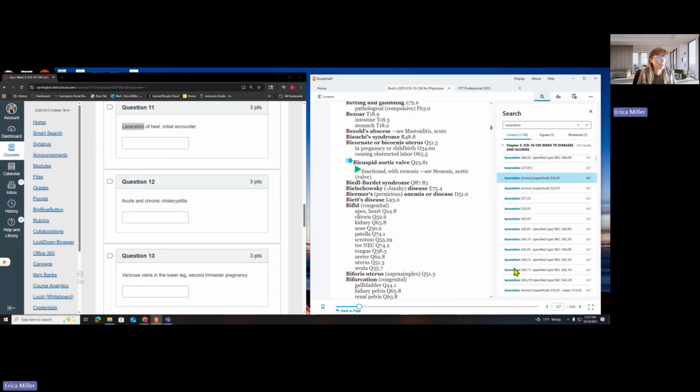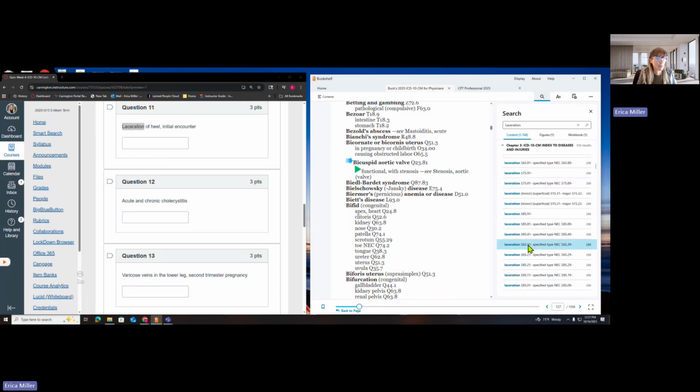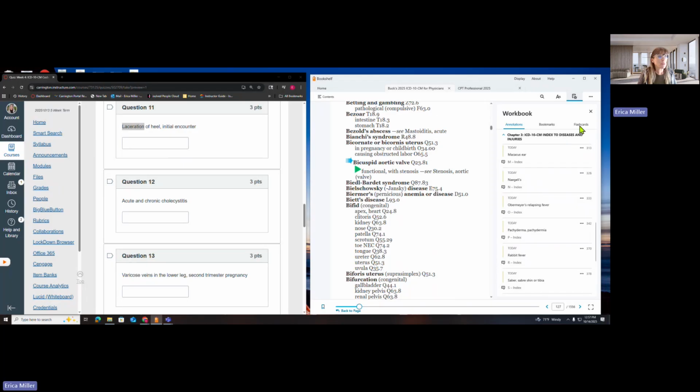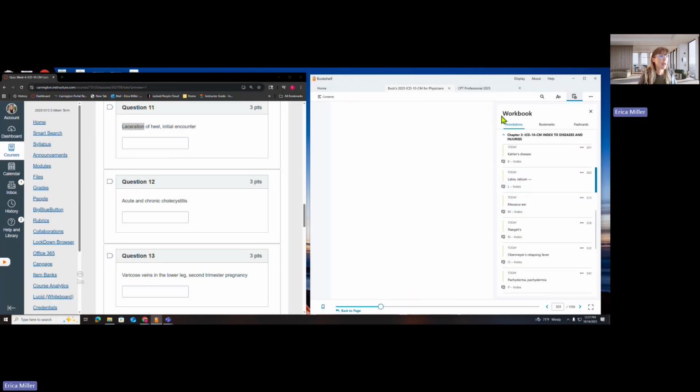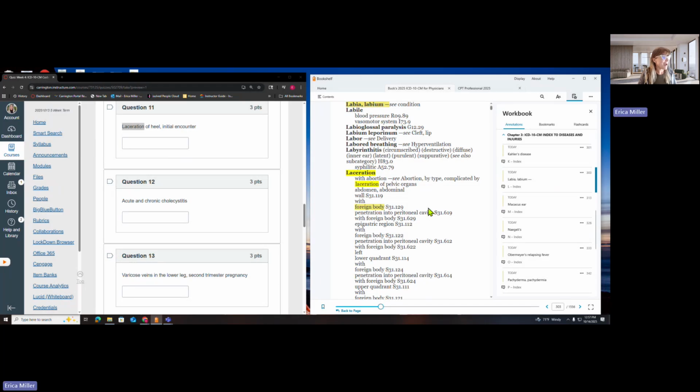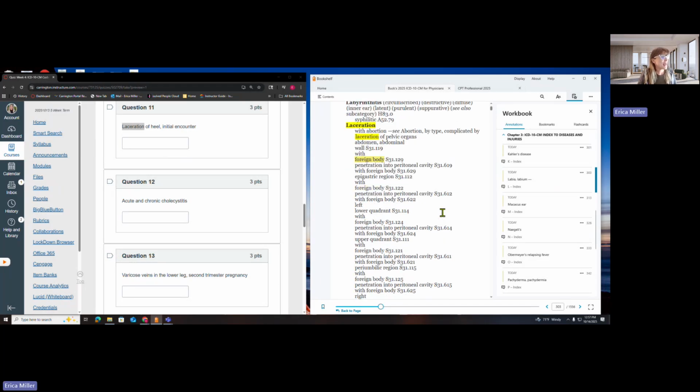I think I'm probably going to have to go through my index, because I see lots of types, but I'm not seeing what the anatomic site is. Okay, let's go the old school way here. Start with the L's. I love it. It took me right to laceration. Yay. And now we've got to get to